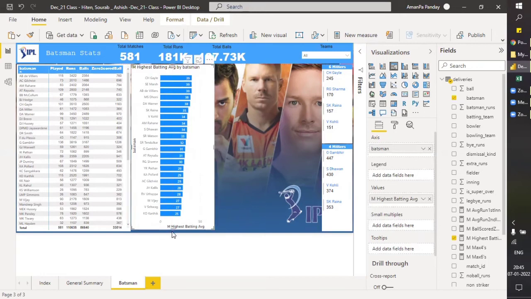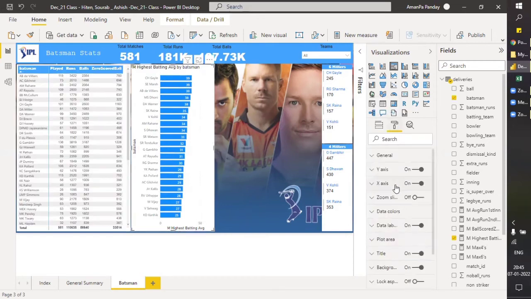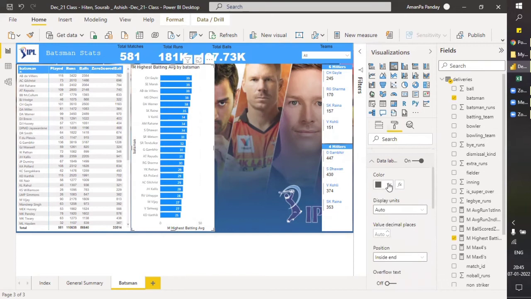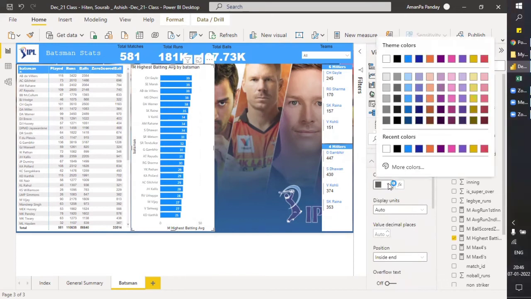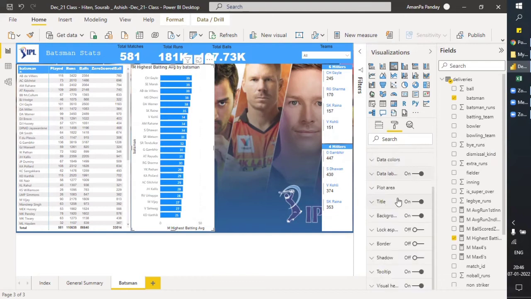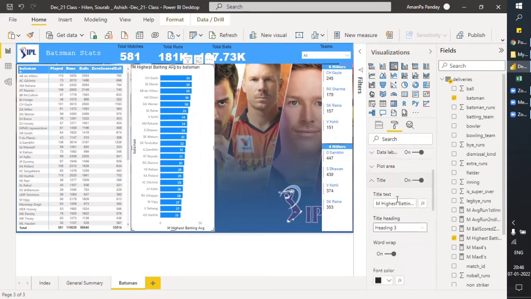Yeah, let's write it down. Let's make some modification in this. The color should be, it's data label. Title, highest batting average.